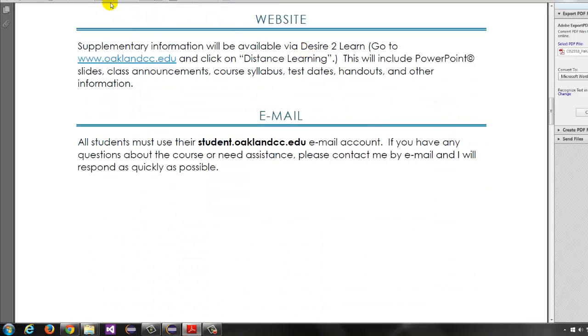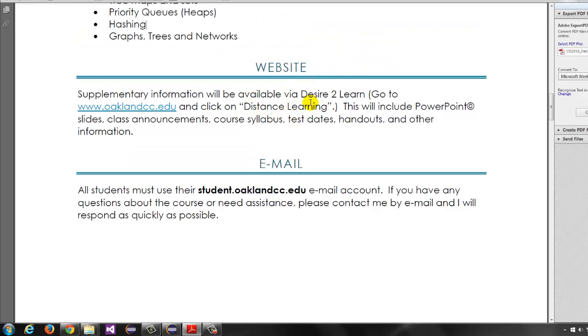The website, Supplementary Information, will be available via Desire to Learn. You go to oaklandcc.edu currently, and you click on Distance Learning, which is off to the side, and then log in. Allegedly, they will be changing the website soon, so it may be updated. Instead of distance learning, it might say something like online learning, but you should be able to find it anyway.